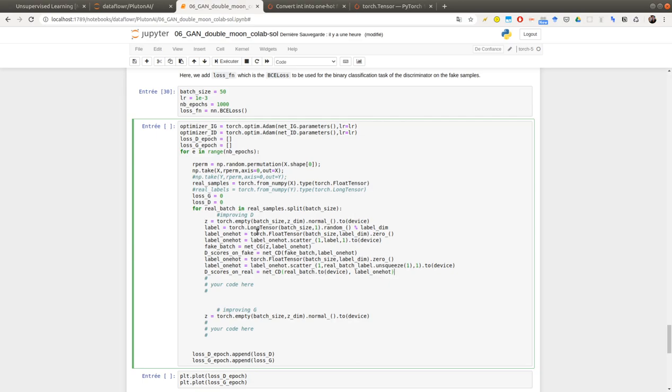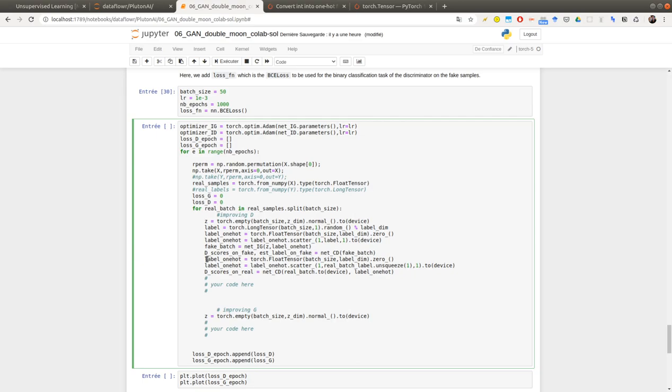So this part is okay for the fake batch, so I have to be careful to use the new discriminator fake, and here I have no more label, but I have something estimated and fake.